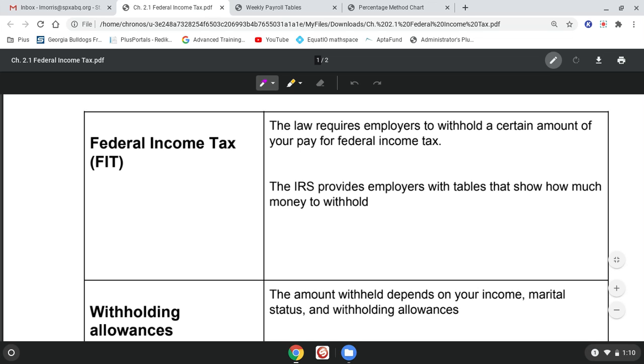So there's a federal income tax and a state income tax, and they both pretty much do the same thing, except one is at a national level, which is federal, one's at a state level. We'll get into state level next section. But the first section is federal income tax, and it is just by law, employers have to withhold a certain amount for federal income tax, and the IRS provides tables that show how much money to withhold, and I'm going to send you those tables because those will help you,